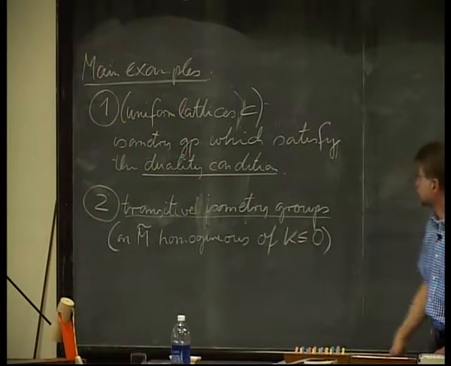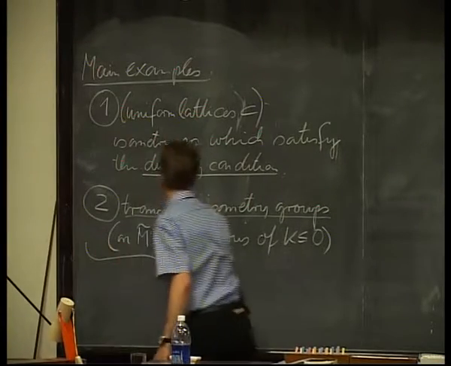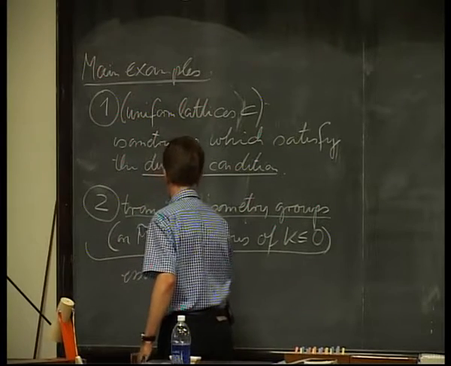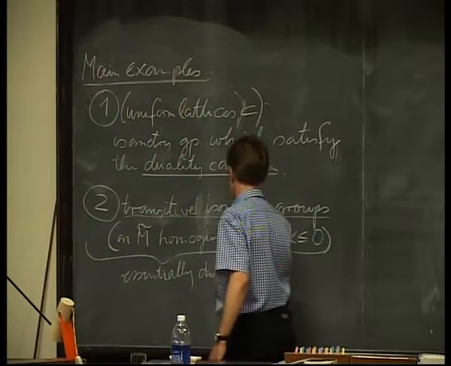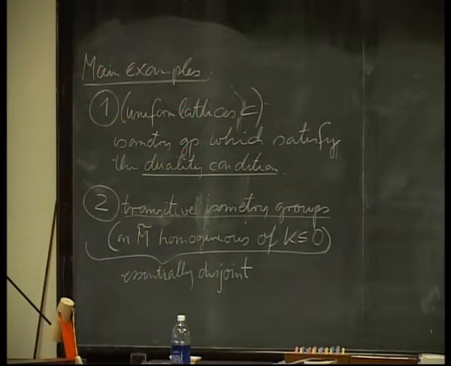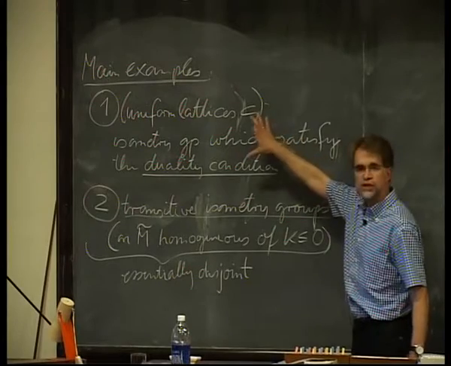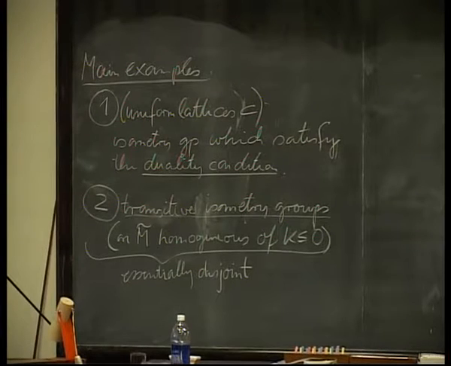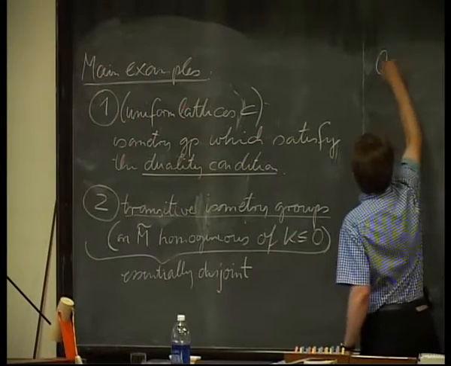So these two classes are essentially disjoint. In fact, the isometry group of such a homogeneous space will satisfy the duality condition if and only if it's a symmetric space. So only for symmetric spaces will you have an intersection of both classes. Both have been investigated, and it's a natural question